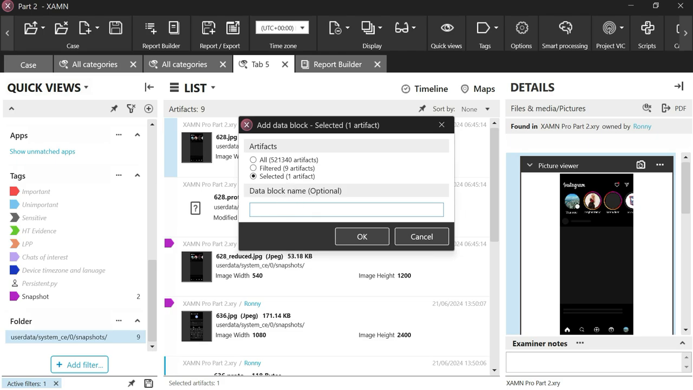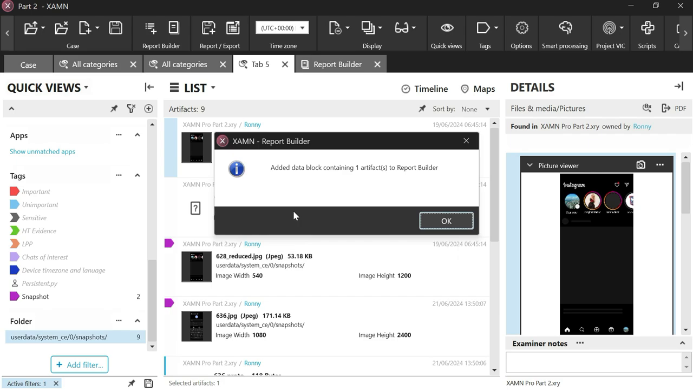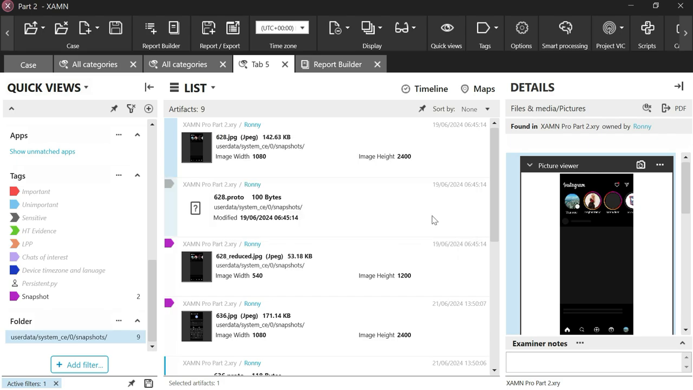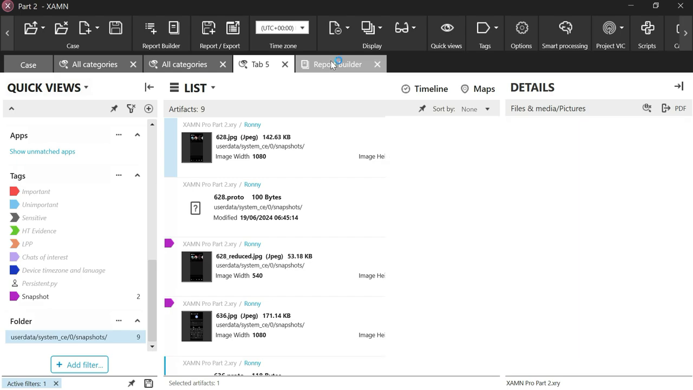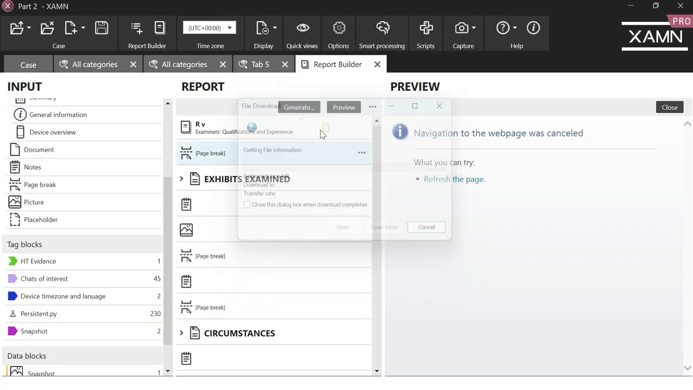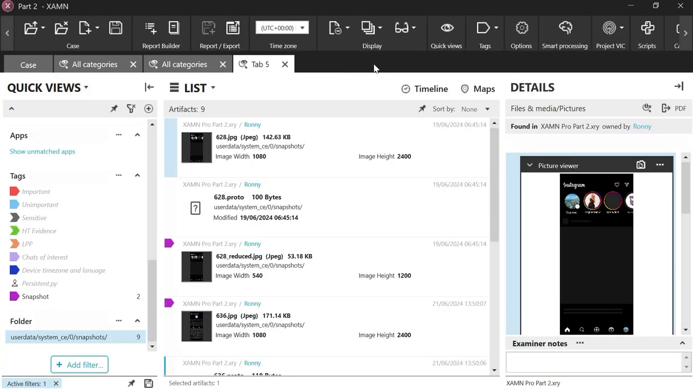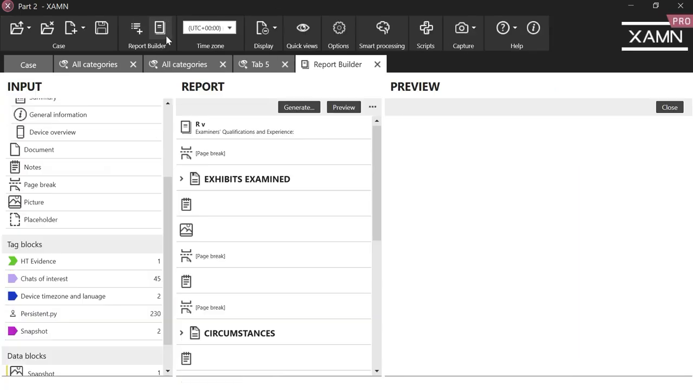And it's asking for a data block name, and this will make sense shortly. And I'm going to call this Snapshot 2. That has now been added to our Report Builder. And I've got a tab open previously from Report Builder, but what we're going to do is close that and start afresh. So when I click View Report Builder,